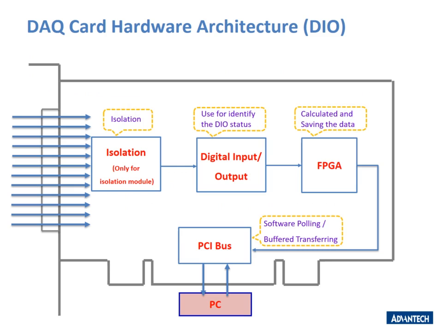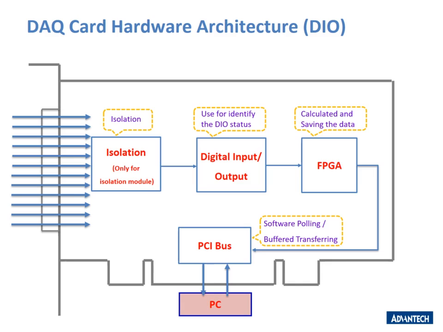In this chapter, we are going to talk about the DAQ card hardware architecture for digital input and output. For the isolation DIO module, the first part is isolation. With the isolation function, it can support higher input-output voltage. Then the signal will transfer to the digital input-output IC to identify the I/O status. Next it transfers to the FPGA to calculate and save the data. In the end, through the software polling way or buffered transferring way, it goes through the bus to transfer the